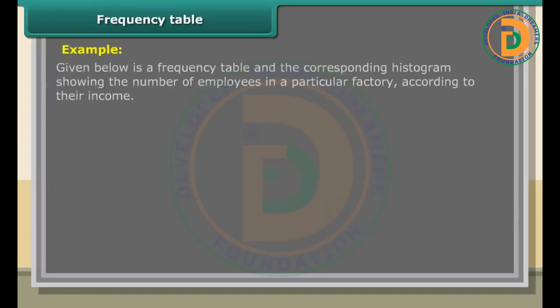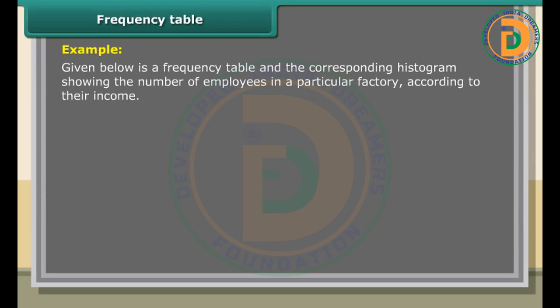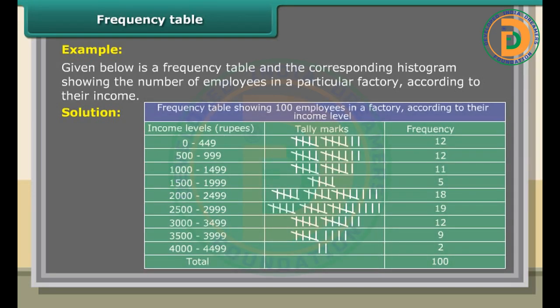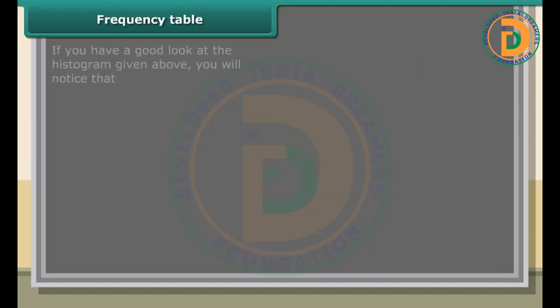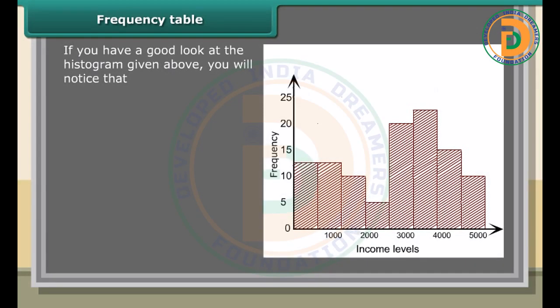Example: given below is a frequency table and the corresponding histogram showing the number of employees in a particular factory according to their income. Solution: frequency table showing 100 employees in a factory according to their income level. If you have a good look at the histogram given above, you will notice that